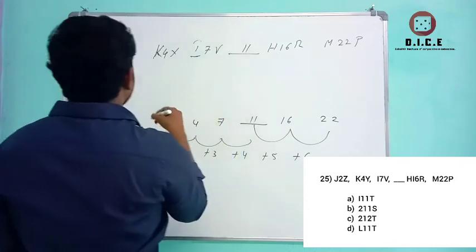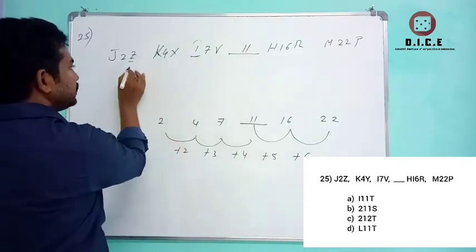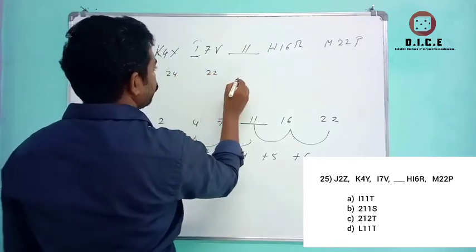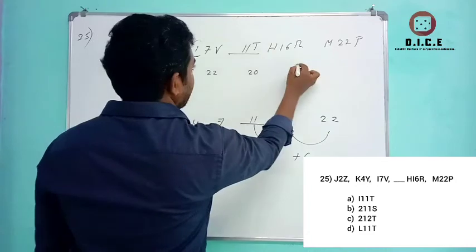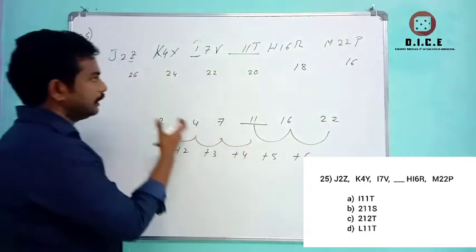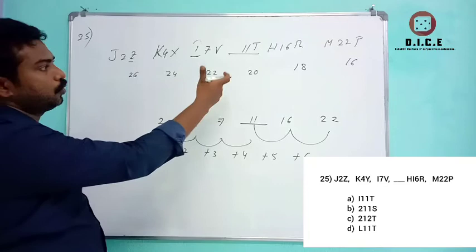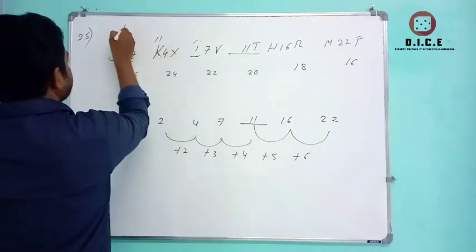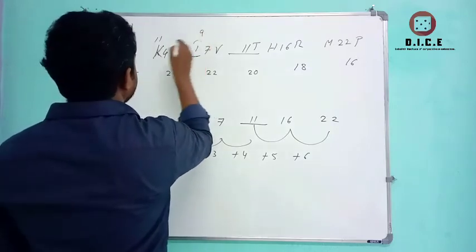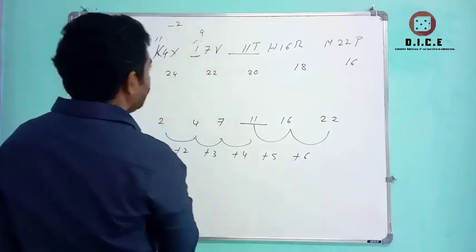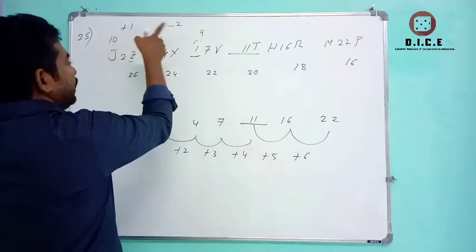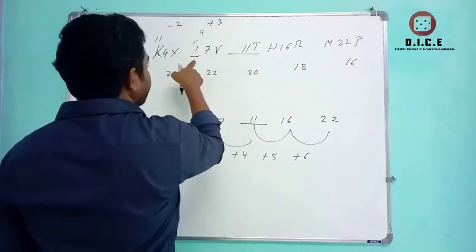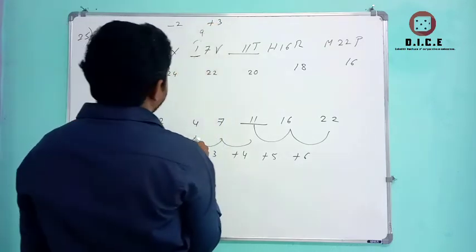If you see the last letters Z 26, 24, 22, minus 2. If you minus 2 from 22 that will be 20, that is T, 18 and 16. Again the pattern matches 26, 24, 22, 20, 18, 16. Now see the first letter J is 10, K is 11, that is plus 1. Of course, I is 9, 11 minus 2 is 9. Of course, it is the case of plus 1, minus 2 alternative. Next, the case should be plus 3. I is 9 plus 3, plus 3 should be 12.